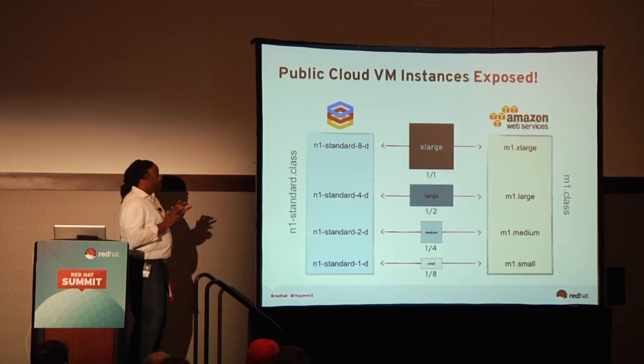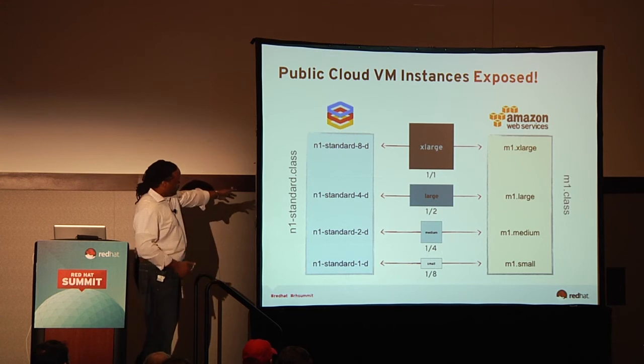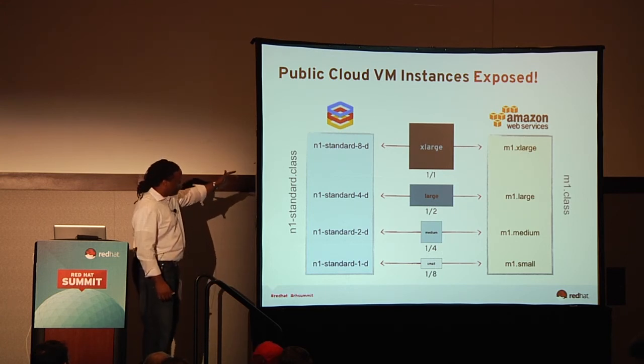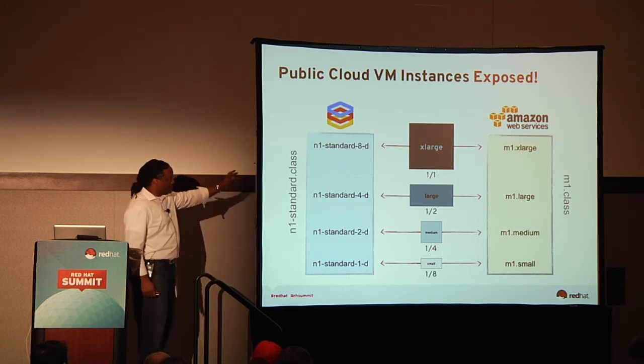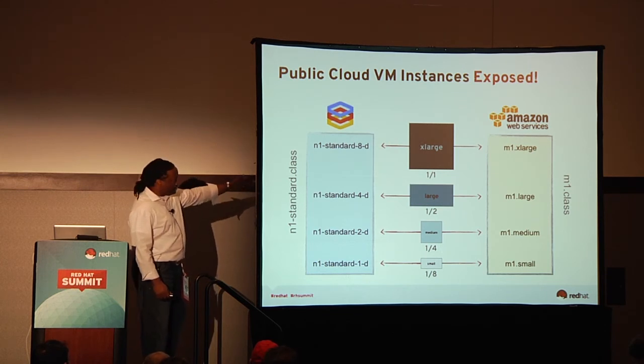So we have to examine what the public guys are doing first. I've got to give you a little bit of background before we get into specifics. So on the left here is Google. This is Google's new compute class for standard compute. And the takeaway here is that Google and Amazon build their instance classes based on this model.